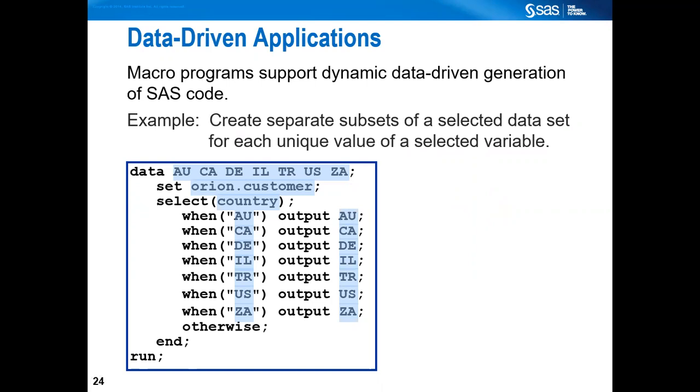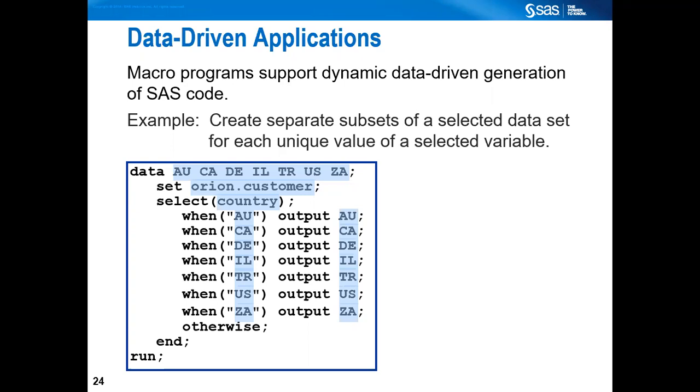If you observe this current code, you'll find that we are creating various data sets from a single table, where you are selecting the values by using a select when expression. Where country value is AU, the output should go to the new data set you are creating, AU. If the country value is CA, the current observation should go to the CA table. So now you are aware of this data step, where you are creating multiple data sets from a single data set on conditions, correct? Again, it's a repetitive thing, and the same code can be used in a different scenario, where you are using a cars table and you want to create tables on different types of cars like sedan,